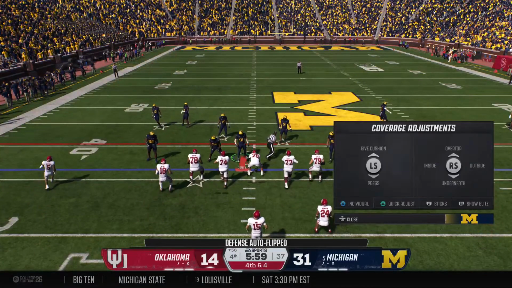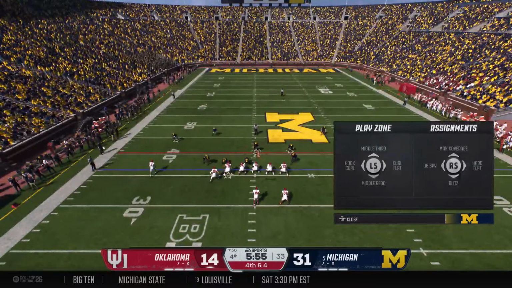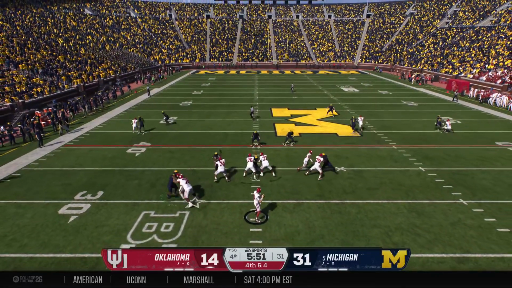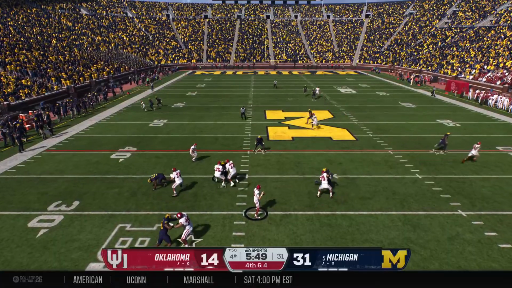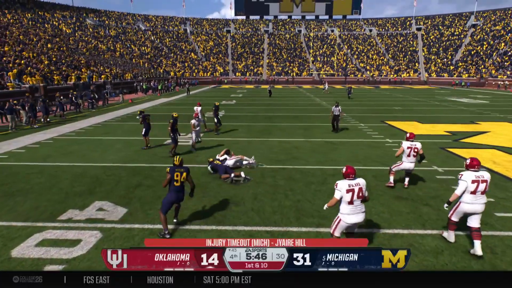You got to like this defense, man. All game long, great job tackling the football. Like, you throw it on the perimeter, they're coming up. They're not giving the run after the catch to these receivers. A lot of times you see so much damage done after the catch. Dumps it off to the tight end, and they're able to get a first down.